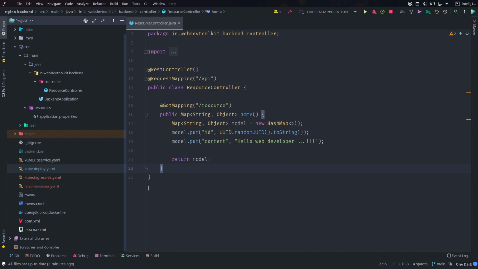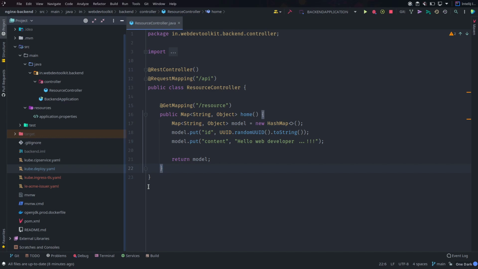I will be using this sample code which we created in our previous session, that is production deployment strategies for web application. In that session we discussed how to deploy our web application which is created using Spring Boot and Angular. You can find links of these courses in the description box.